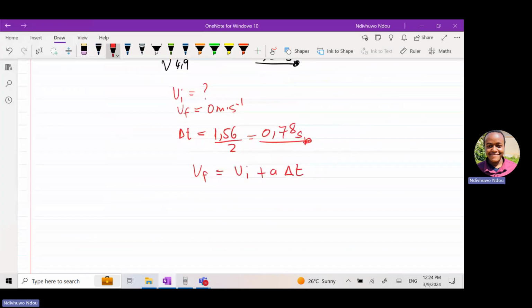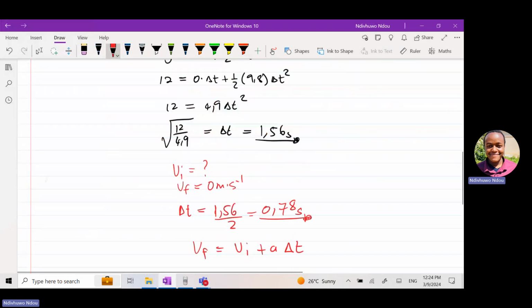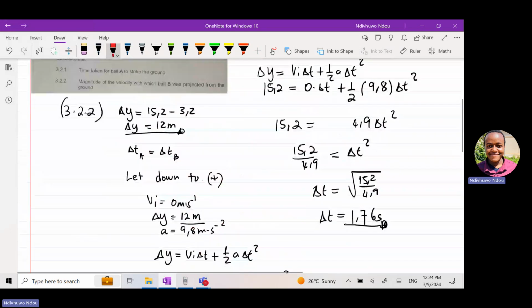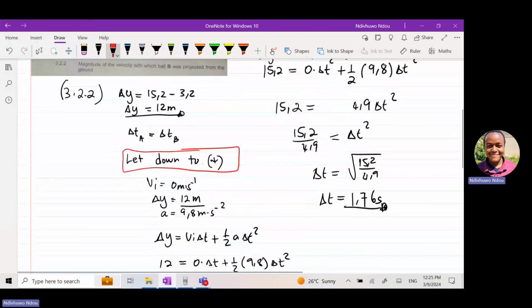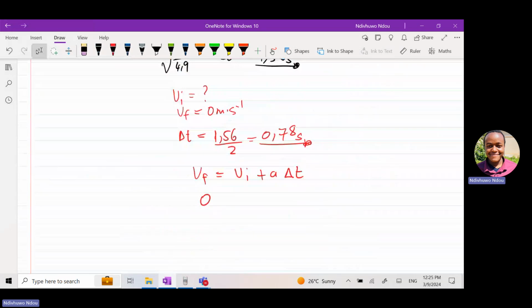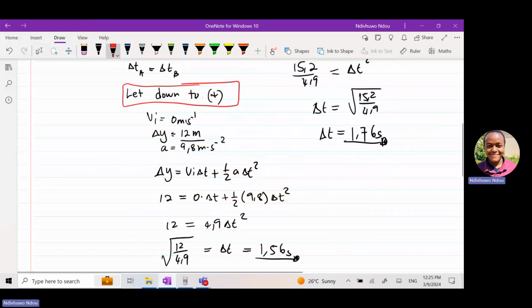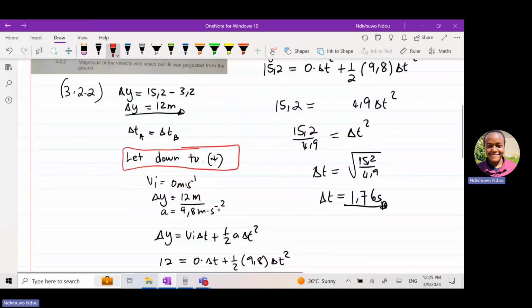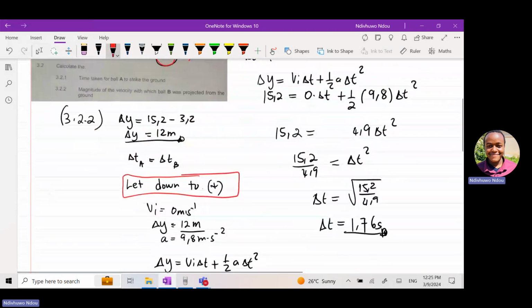Okay, then now we can use the formula V final equals V initial plus a times change in time to finally get the initial velocity. Remember, we are using the direction where down is positive, right? Okay, so V final is 0 because at the maximum height, the final velocity is 0. Then we're looking for V initial. What is our acceleration? In this case, we are saying down is positive, but the ball is going up, right? So the acceleration will be negative 9.8 because it's going in the opposite direction there. Change in time we calculated is